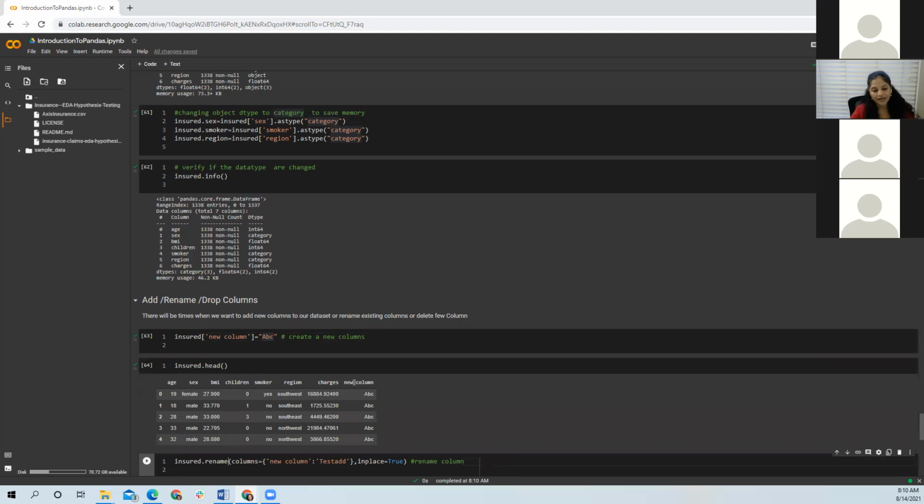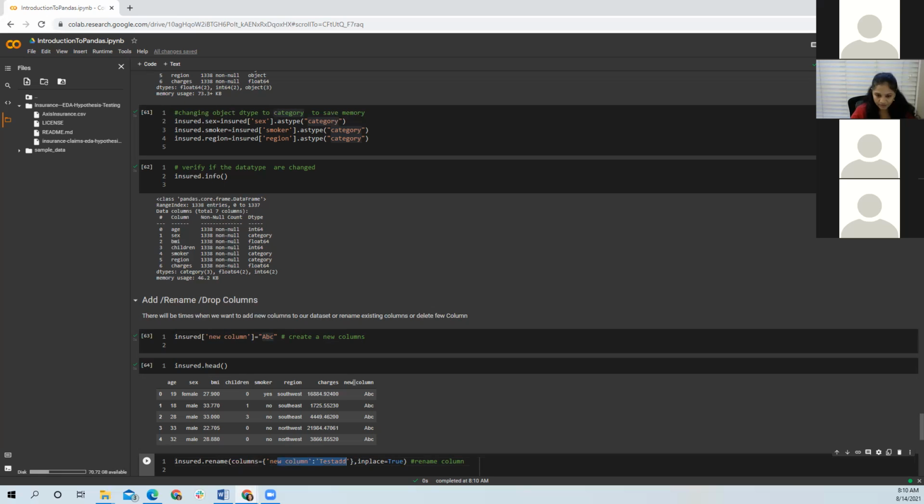For that, I have to use something called rename. You write the name of the data frame, then rename, and the column which has to be changed. Here, this is a dictionary. We have learned about dictionaries in the Python class, right?